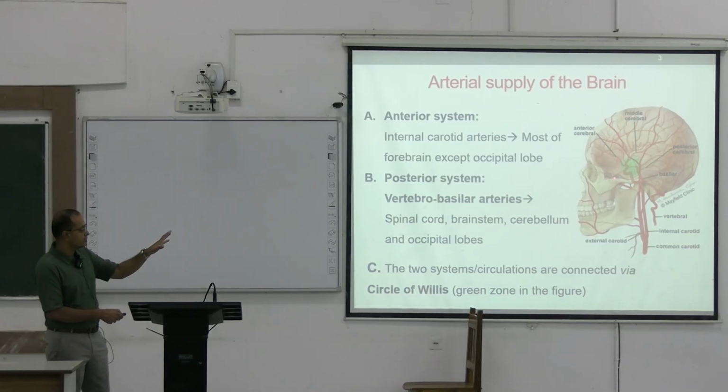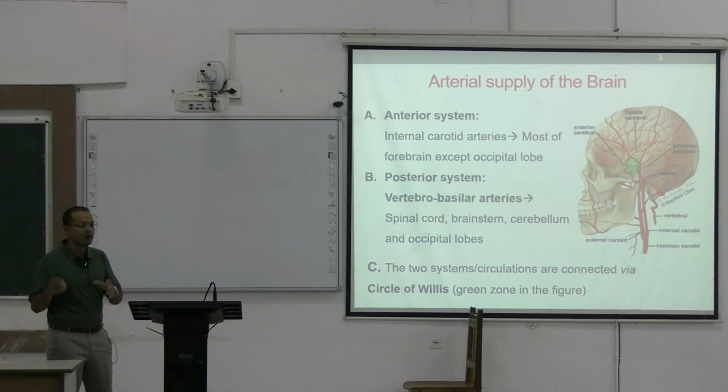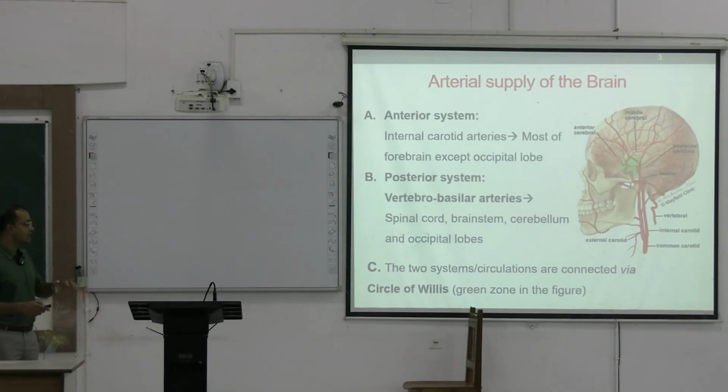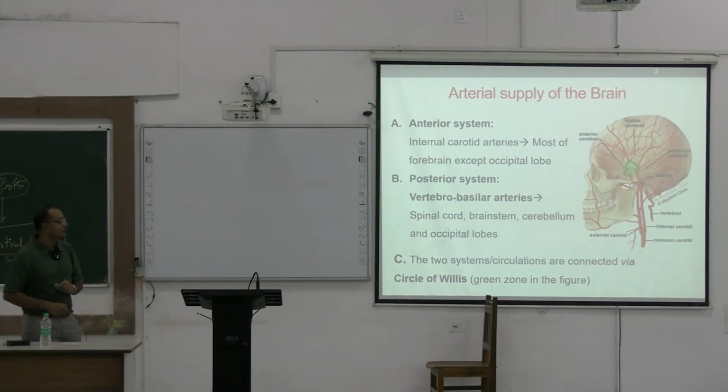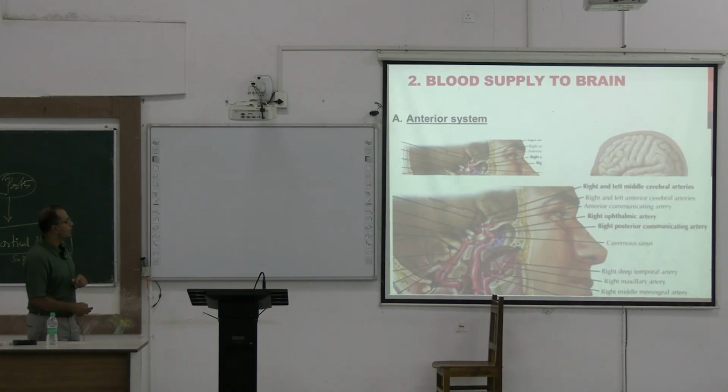If we do not have this Circle of Willis, the interpeduncular fossa, we do not have a complete blood supply to the brain. It will be interrupted. So this Circle of Willis takes the limelight, being centrally placed and making the negotiation between the anterior half and the posterior half. Now coming to the anterior system that we are talking about here, we have this internal carotid